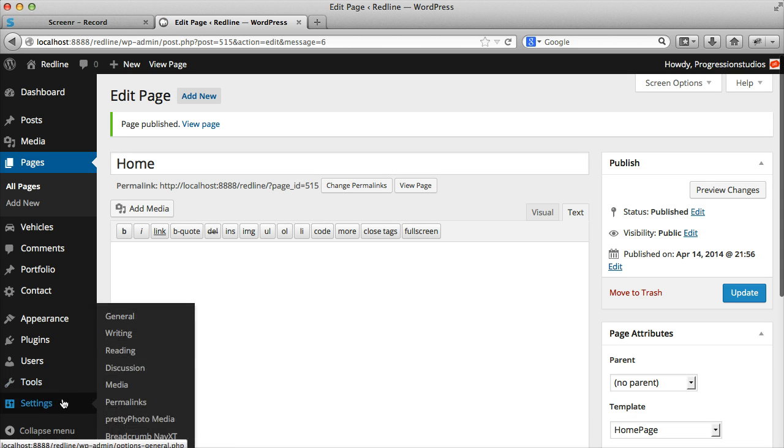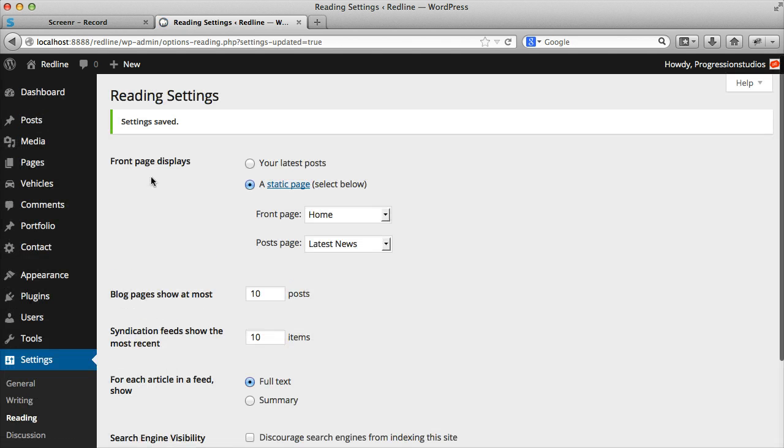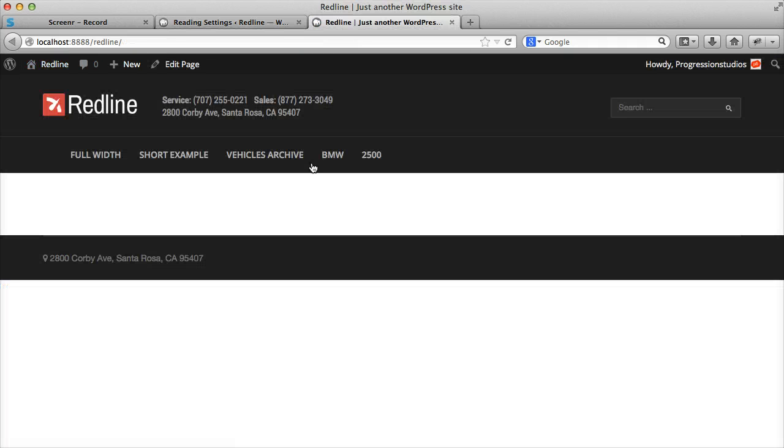Then the last step we need to do is under settings and reading. Under front page displays, we'll select a static page. For front page, we'll select home, and then we'll click save changes. Now let's go ahead and open this in another tab, and you can see our homepage has now been created,